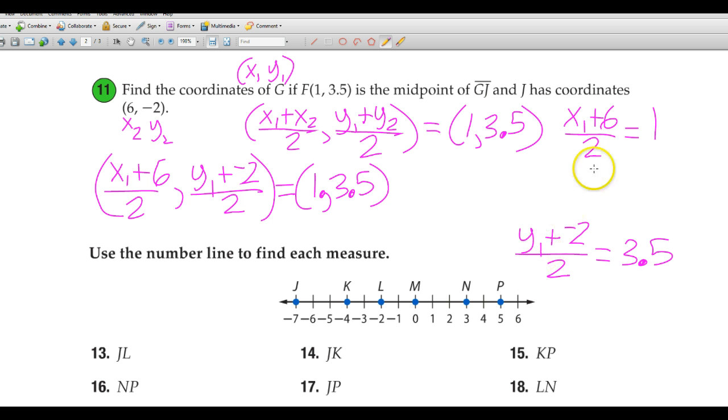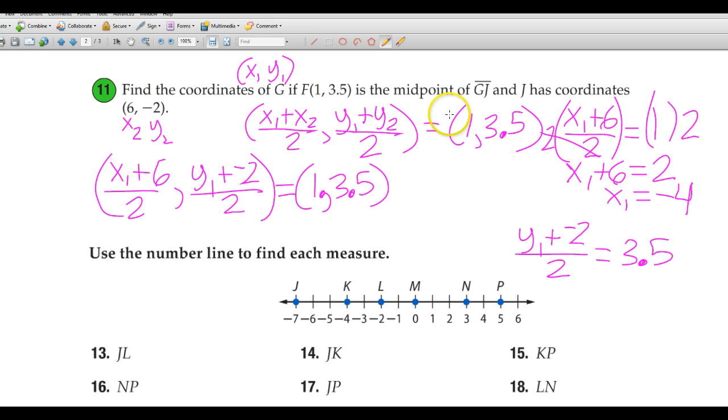So for both of these equations, we need to get rid of the dividing by 2. So we'll multiply both sides by 2 to clear that out. And then we subtract 6. And there's my x coordinate